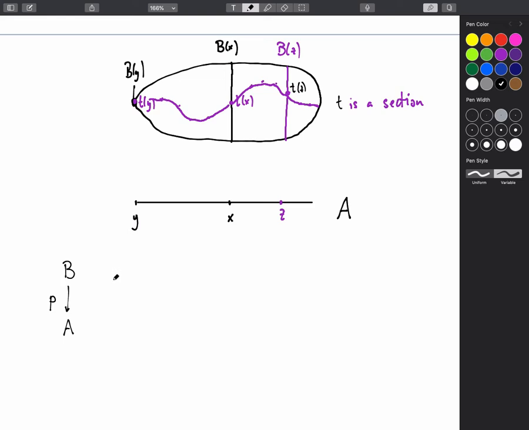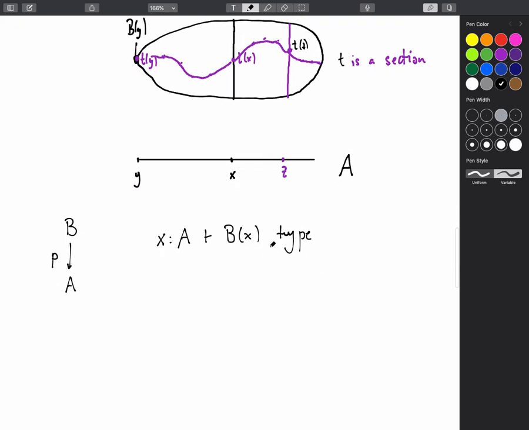So now we're going to switch emphasis, and we're going to emphasize the fibers. We're always going to emphasize the fibers. We will be able to speak about the total space as well, but we'll start with the fibers. So we're going to write it like this. x : A, B of x is a type. Okay, so the way you read this is